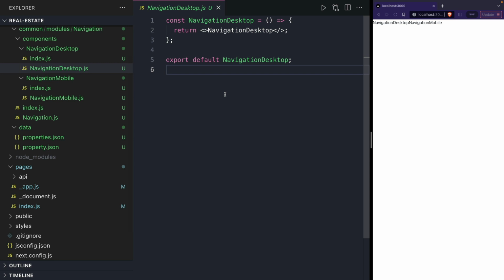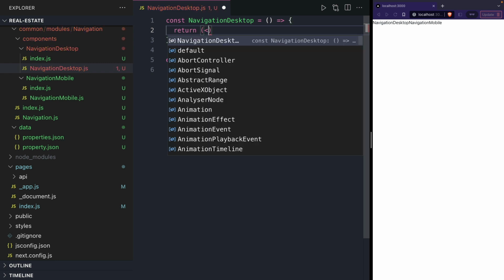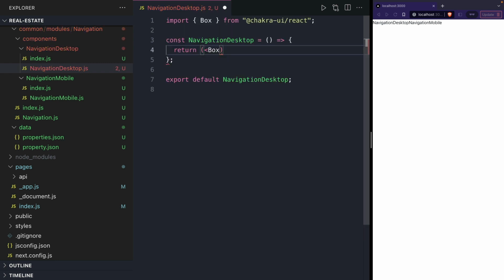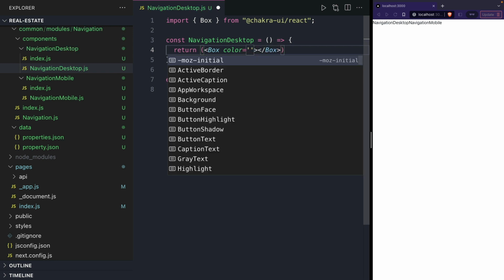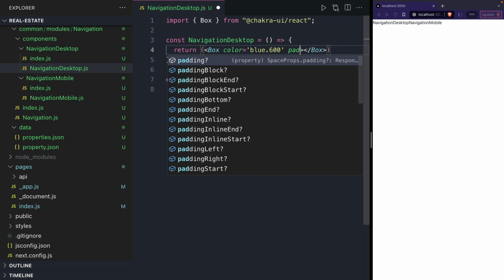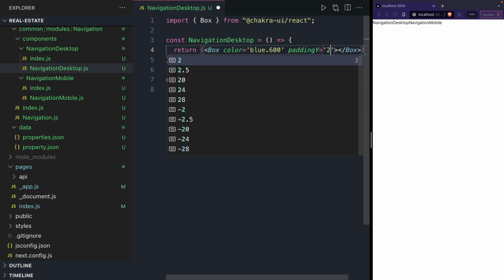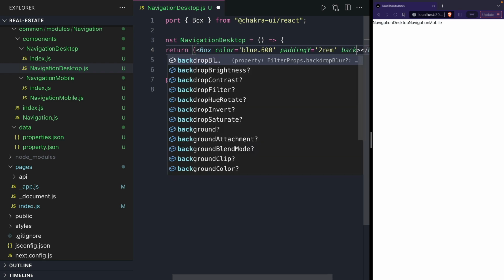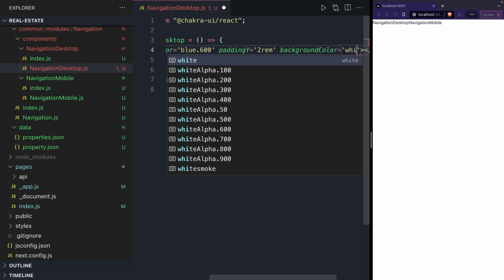We're going to start building out our navigation using a bunch of boxes, text boxes, everything from the Chakra-UI library. So if we start off by importing box from Chakra-UI, this is basically a div. It boils down to a div. We're going to have a color of blue, and then we get the options for all the different blues Chakra provides. I'm going to go for 600. Padding Y, which is the vertical padding. Going to do 2 rem, background color of white,